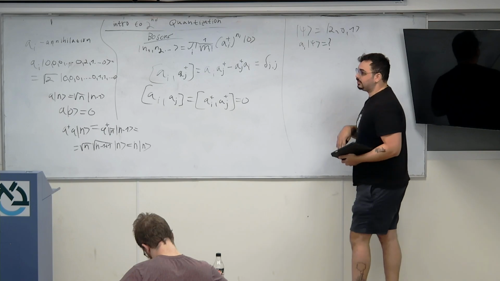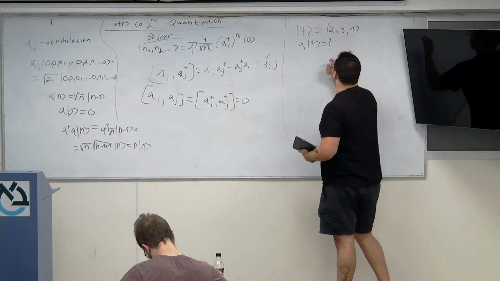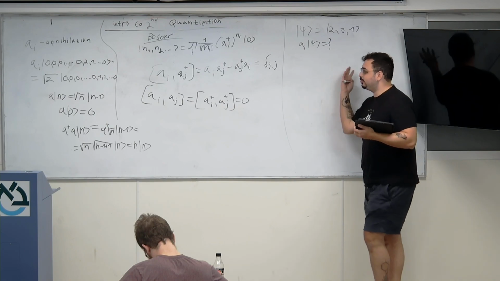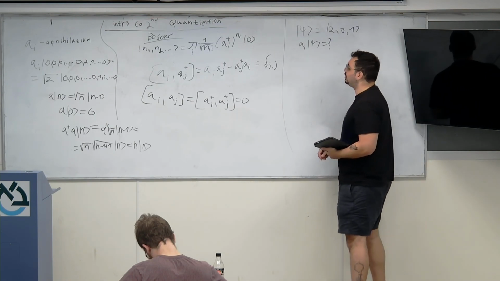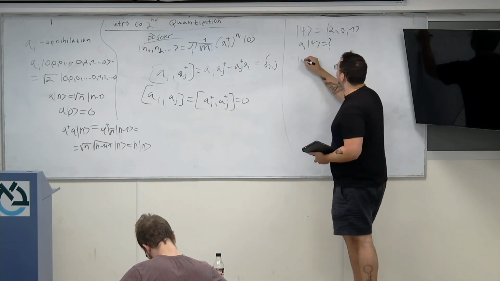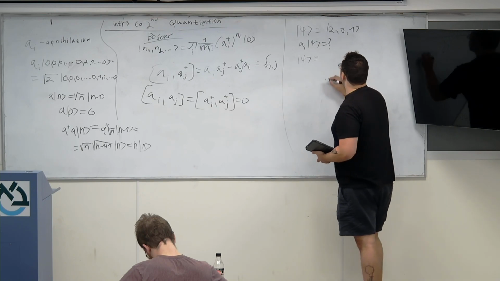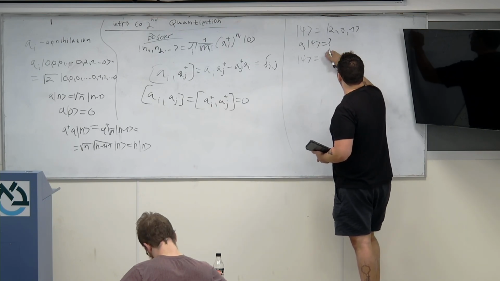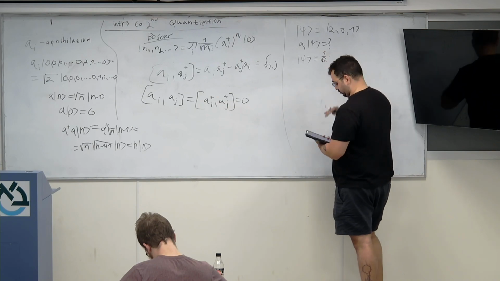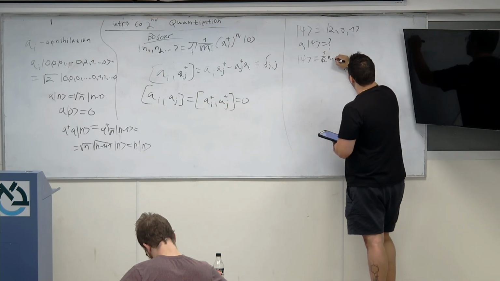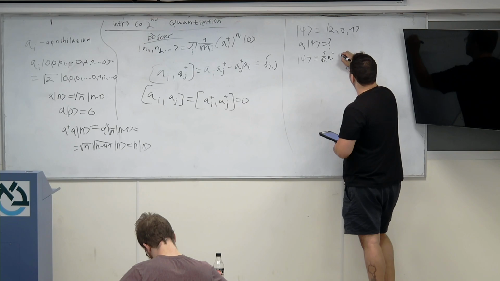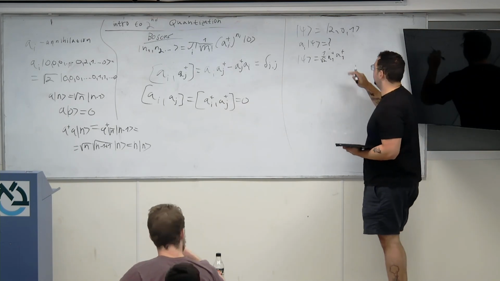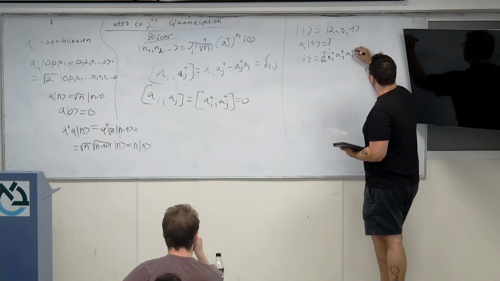So yes, first of all, if you want to use the commutation relation, we can't work with numbers inside the state, because how do you move it around? We need to write it with the creation operators outside. You can check me on this: 1 over square root of 2, a1 dagger, a1 dagger, a3 dagger on the vacuum. Note I could have written a1 dagger squared, I just prefer to write it like that for now.